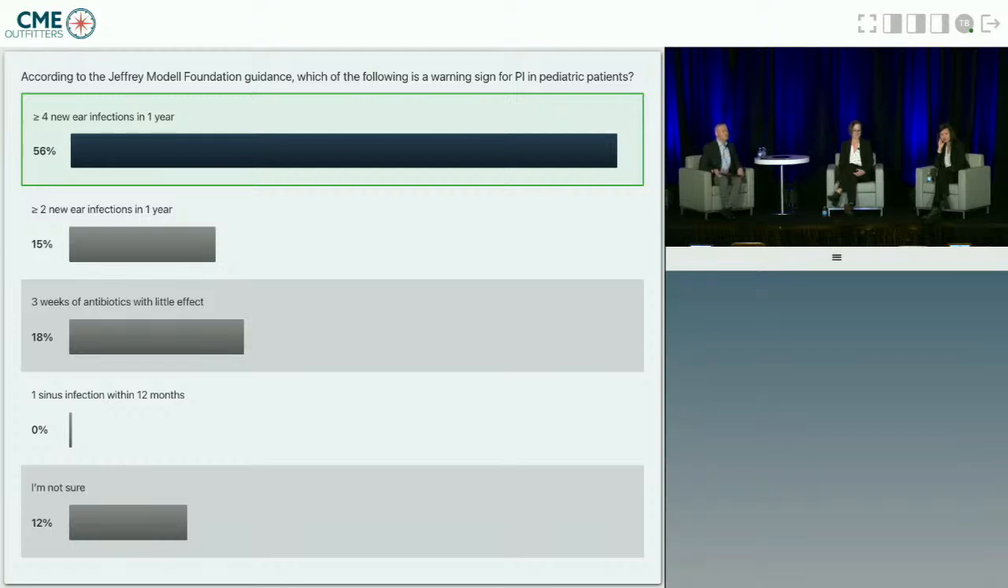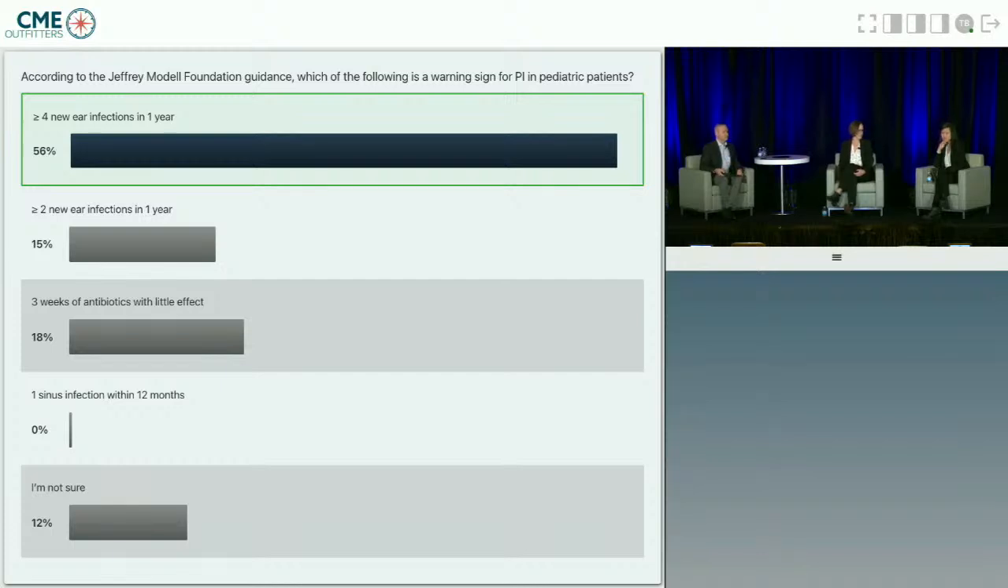Good, so the answer is A, and it looks like we have about 30% of the audience getting it right. So, Hay or Kristen, if you have any comments about some of these other choices and why you might not have chosen that. For example, Kristen, the sinus infection, or 1 sinus infection within 12 months. I think that is a pretty typical primary care presentation, right? Yeah. And as an allergist immunologist, I'm sure you see sinus infection being a presenting concern in the vast majority